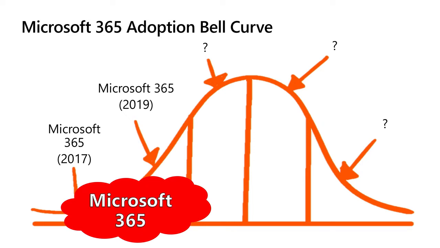So for Microsoft 365, it's still in its infancy. We've still got early adopters all the way to the left-hand side. Okay? Whereas if you're still working on Windows 7, then you'd be over here. You'd be like in the laggard space. You'd be like, we'll get off Windows 7 when Windows 10 is the only place that's open in town. Okay? So you've got a golden opportunity for Microsoft 365 because it's still really new.